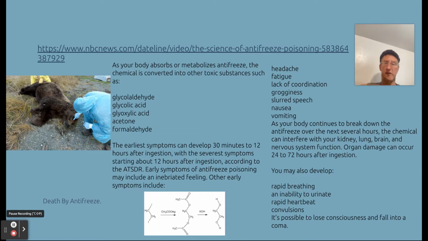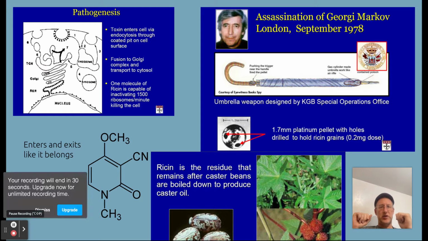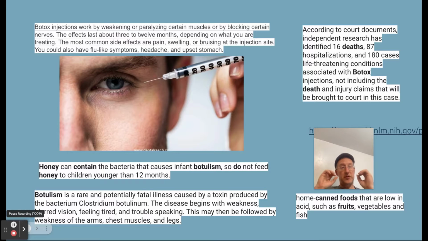Here's an assassination weapon. This is ricin. Now, ricin actually binds within the cell and it goes inside the cell and it activates all of the cellular mechanisms. All those organelles inside the cell are activated by ricin and it kills you slowly, very much like radiation. And here's an assassination that actually was done by ricin. This is sarin, which is a poison nerve gas. It's been used in Syria most recently. Horrible war crime.